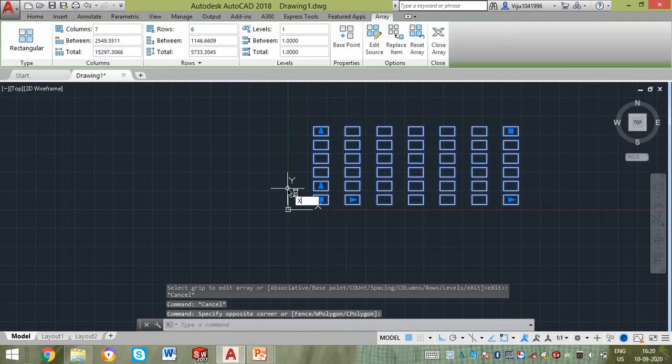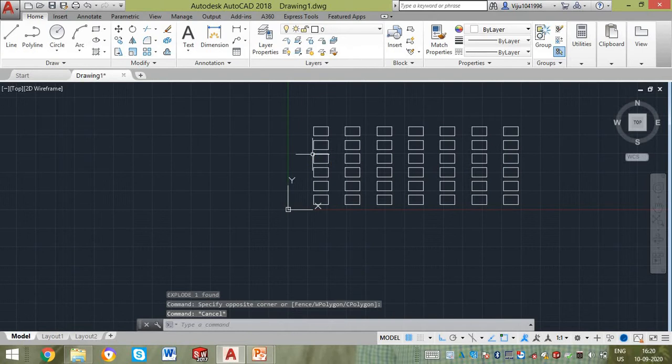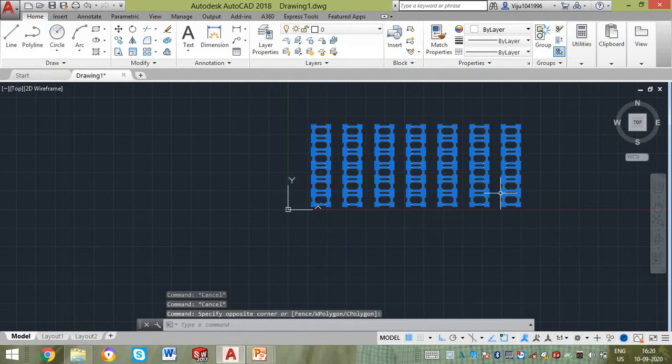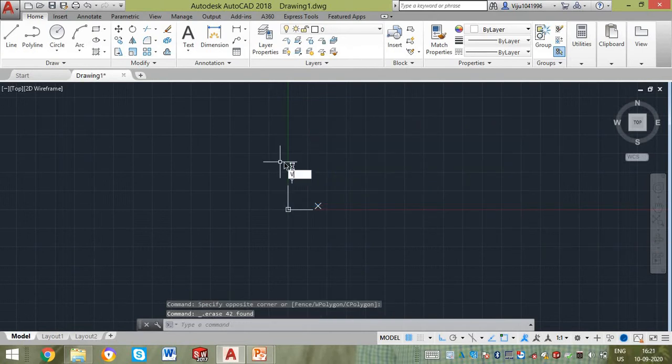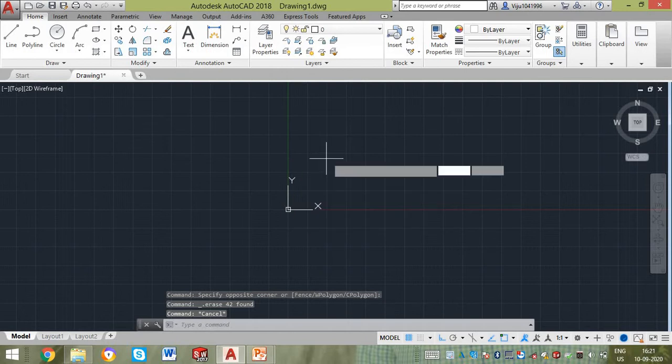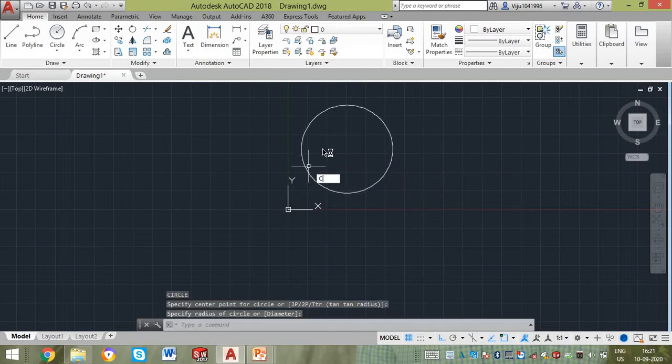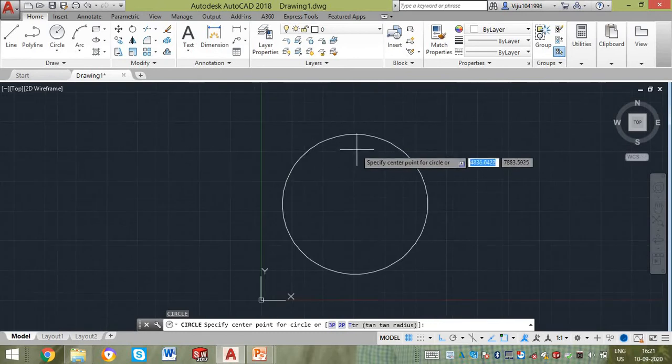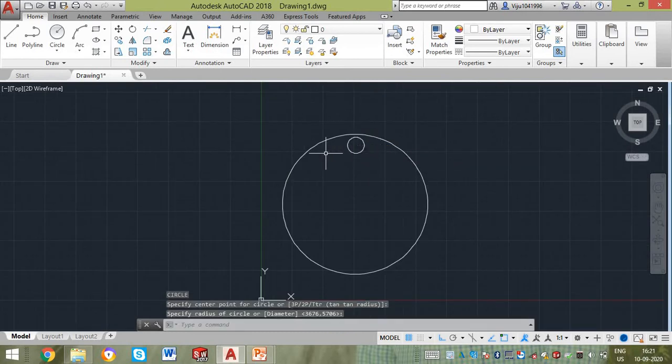Now you can explode this into individual ones. We learned the explode command in our last video. X enter is a shortcut. Now I will go for polar array. Polar array is nothing but a circular pattern. I want to pattern this circle